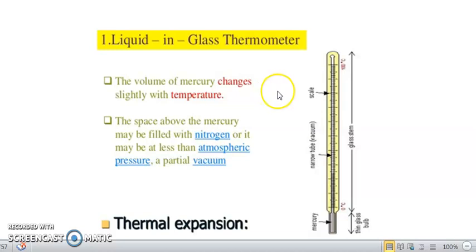Today we have to end the temperature measurement. So let us summarize the earlier ones that we have already studied. The liquid in glass thermometer is a very basic and mostly used thermometer for measurement of temperature, which is based on the functioning of thermal expansion.